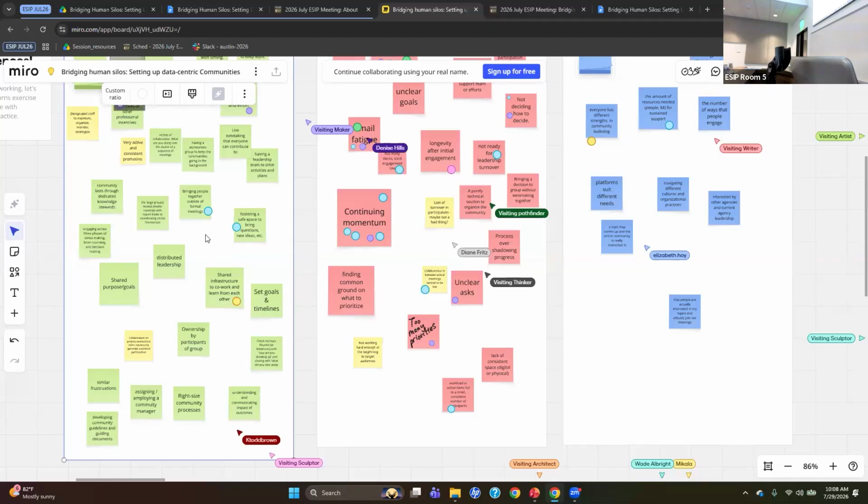Are we just sharing knowledge and meeting once a month to share knowledge about our activities, or are we trying to do something more? Is there a workshop we're planning towards? Are we trying to write a white paper? Are we trying to publish a paper about needs in our community? Just figuring that out can be tough. And continuing momentum is also hard, or the volunteers get overburdened. We have a lot of great ideas, but unless there's some sustained funding for your group, it can be really hard to keep things going.